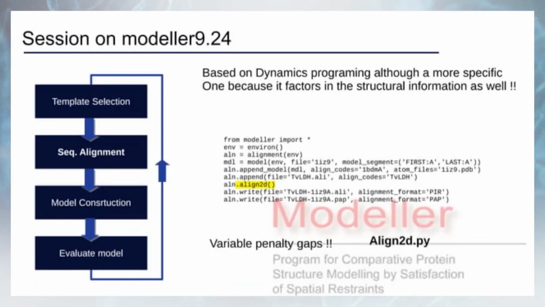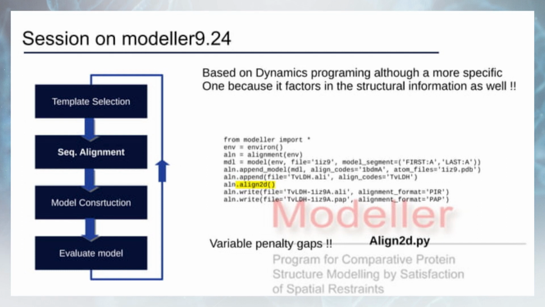So, what we have done previously is profile building, and finally we have compared the sequence. Now, we need to align the sequence. The template and target sequence need to be aligned, and this is based on a dynamic programming approach through specific factors considered for structural information. So, the code for this is